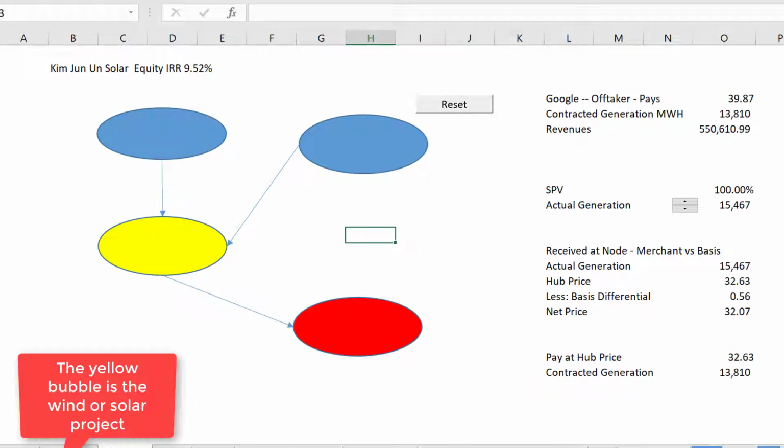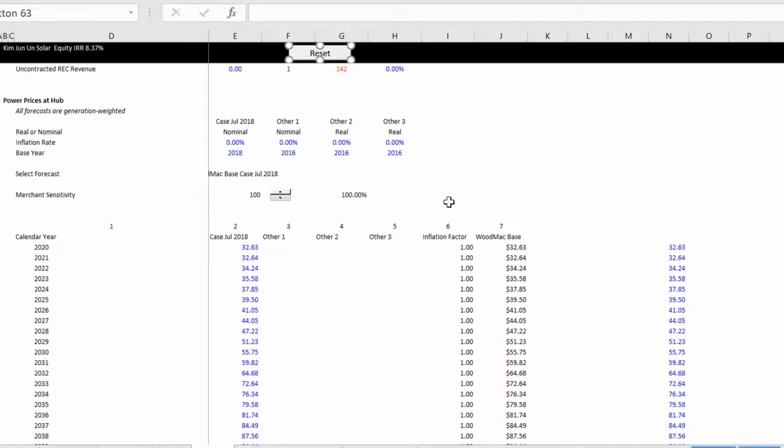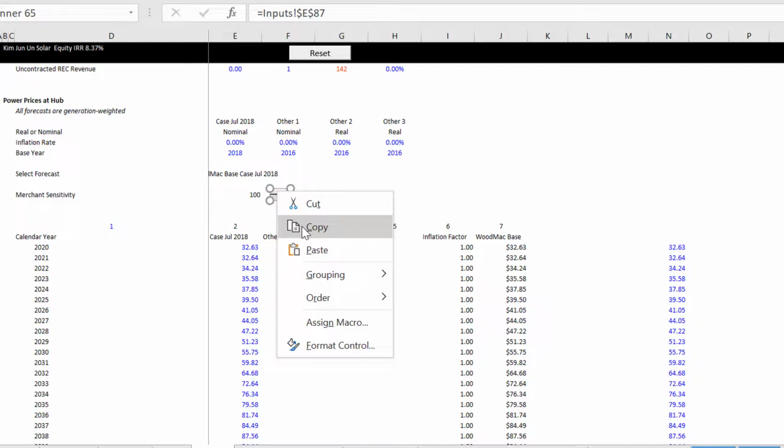I wanted to put a big arrow for how much money they get. And then they also have a swap. They have a contract, and they have a swap based on the actual generation, but if their actual generation is way down, then the amount they receive here from this node, this is the revenue they receive at the node, that goes down, but the amount they pay, they still have to pay the contracted generation, so that doesn't go down, so they've got an exposure to the merchant price. And all we can do then is put our little input for the merchant sensitivity here and start